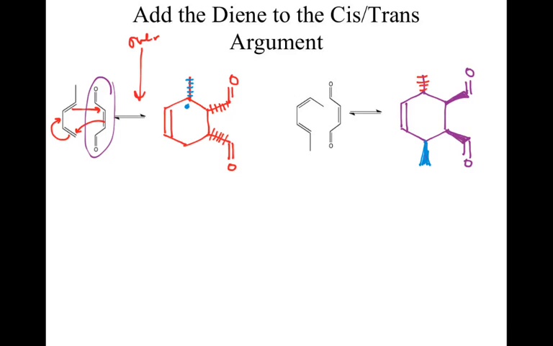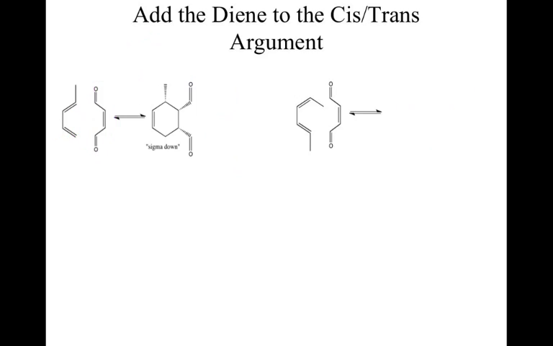One of the things that'll make this even more complicated is, remember, because you can form sigma up and sigma down, we have two approaches for our diene-dienophile interaction. We end up with enantiomers. So if we pull this out, there's the sigma down. They're all on the same side. Sigma down over there, you'll notice that our methyl groups are aimed on opposite sides of the ring. One of them is on the same side as our carbonyls, the other one is not. And remember, because of the enantiomers,